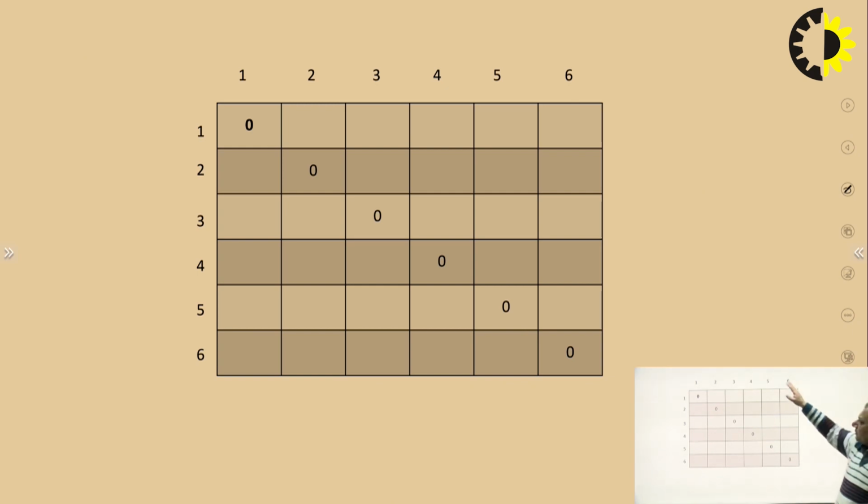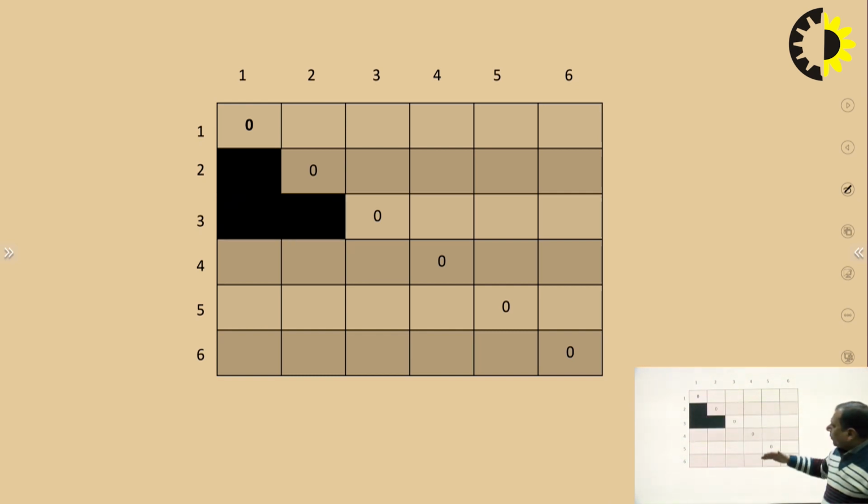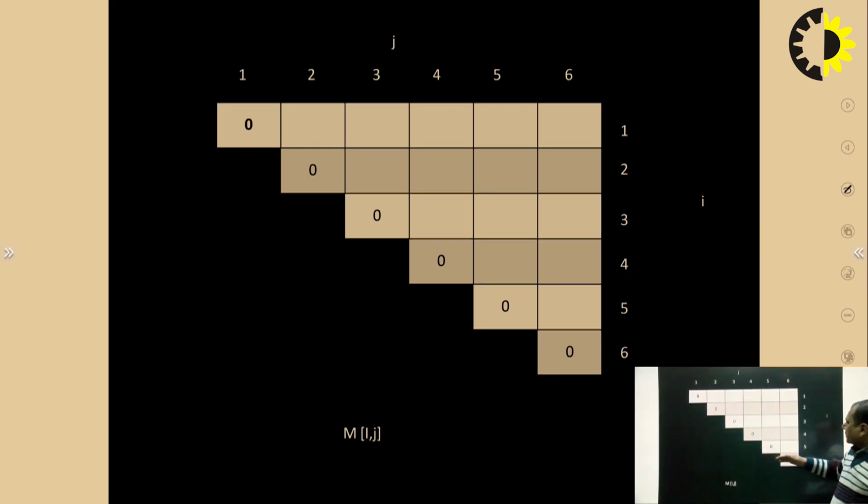So first, this is the n by n matrix or n by n table. So we have n number of matrices, so we will create a table of n by n, and initially the value of mii is equal to 0. So we will put m11, m22, m33, m44, m55, m66 equal to 0. Now the lower part of that particular diagonal is blank. Okay, so we will put all the blanks because there is no value in this. So this is something like this. Okay, now we have to put the values over there.